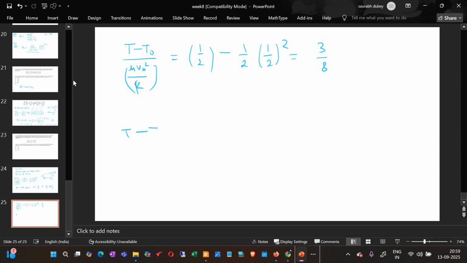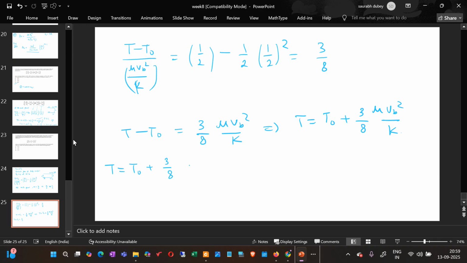So T minus T0 equals 3 by 8 mu Vb squared by k, right? And once you put in all the values given to you, you will be getting T equals T0 plus 3 by 8,